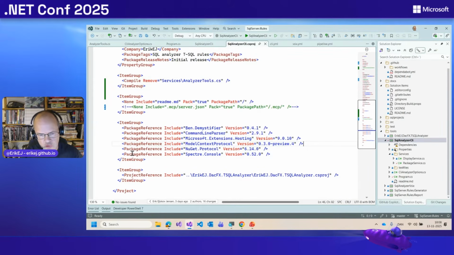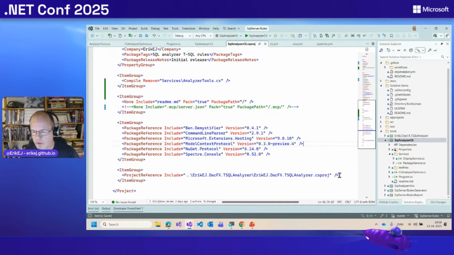I think it was originally created by a community contributor, but now it's also maintained by Microsoft together with that community contributor. You can see it's not Microsoft something, it's just Model Context Protocol. So it's a .NET library that enables you to add Model Context Protocol functionality to your app.